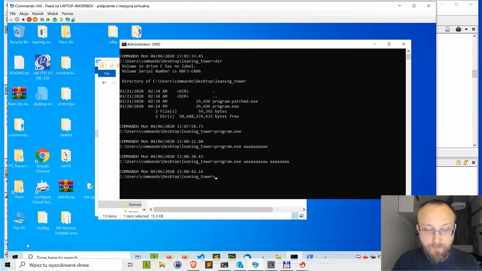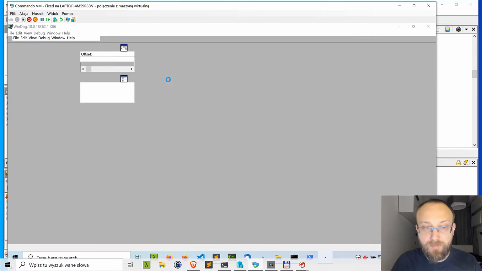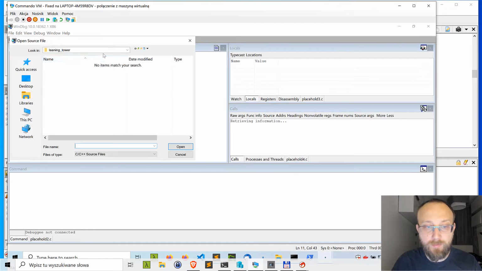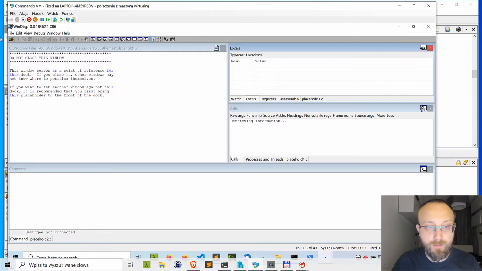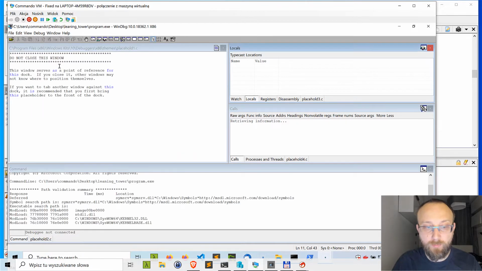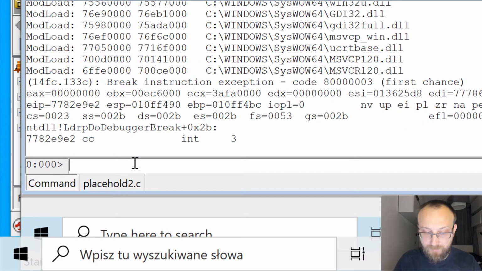So to do that, I will just start a WinDbg session here. I will open the program, not that open, I need to open executable. I will pass the program, and the program starts and it breaks. So now I need to just write server, and I want to expose it by TCP on port,